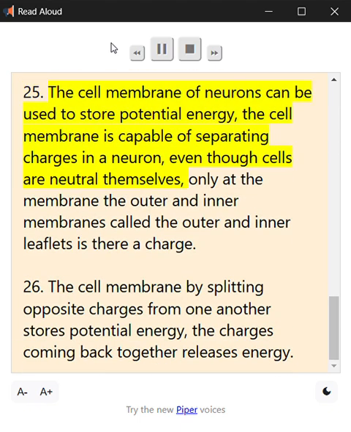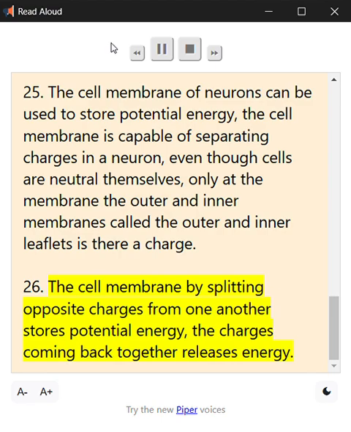25. The cell membrane of neurons can be used to store potential energy. The cell membrane is capable of separating charges in a neuron, even though cells are neutral themselves. Only at the membrane, the outer and inner membranes called the outer and inner leaflets, is there a charge. 26. The cell membrane, by splitting opposite charges from one another, stores potential energy; the charges coming back together releases